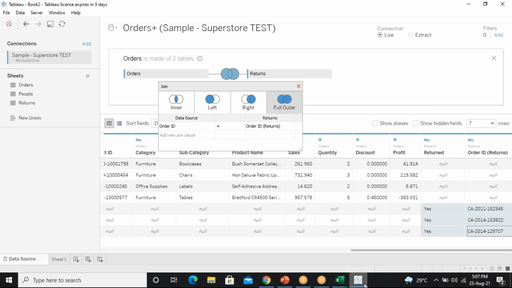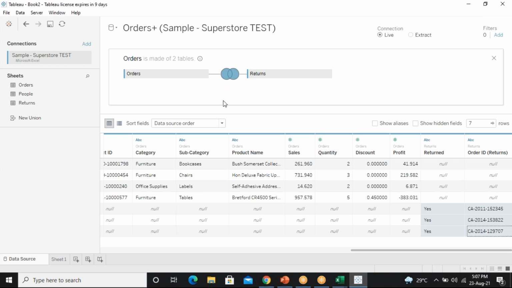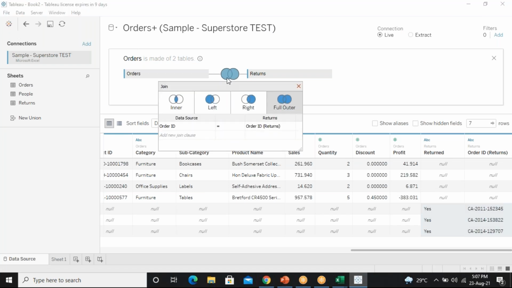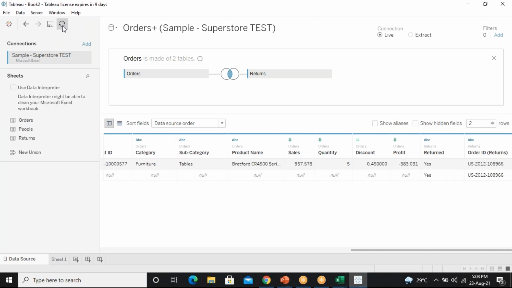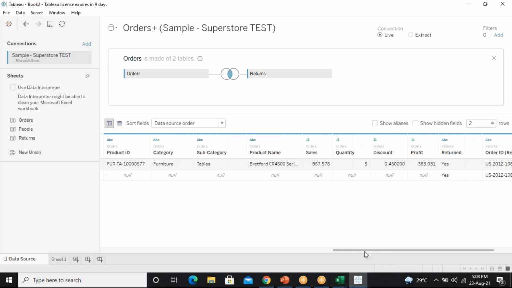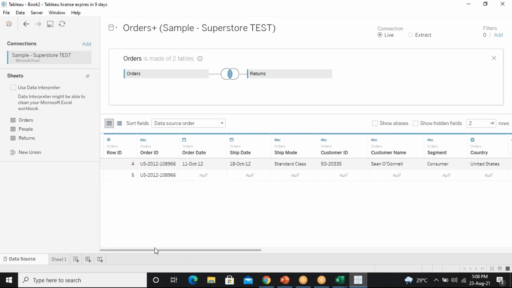Go to Tableau, and now I will refresh the data here. Can anyone explain now?